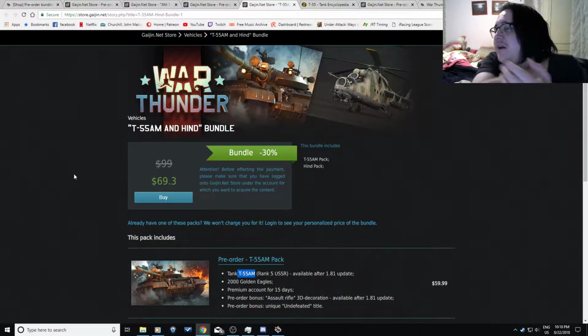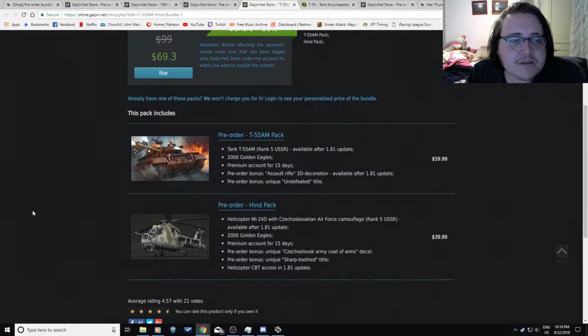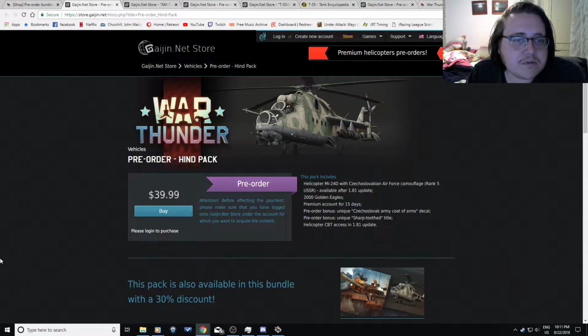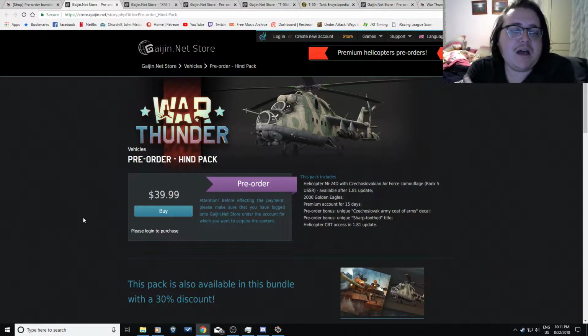I'm not a fan of the XM1 personally. The armor's not that great. It's an okay vehicle. Anyway, in this pack, you get the T-55AM as well as the Hind. So, first of all, the Hind. There we go. Click on the right button that time. Hooray! So the Hind,